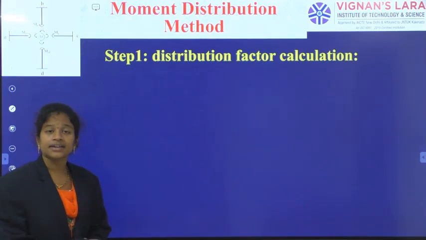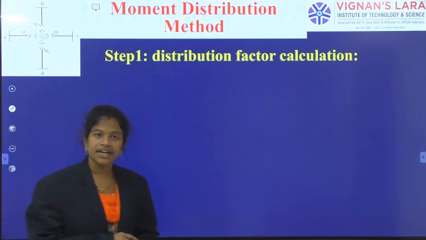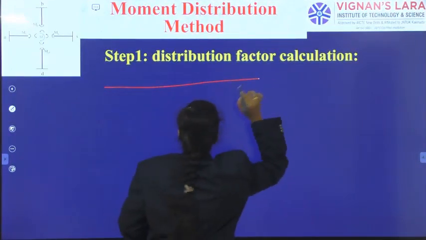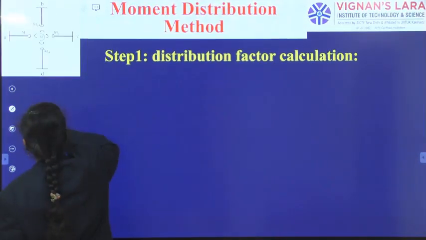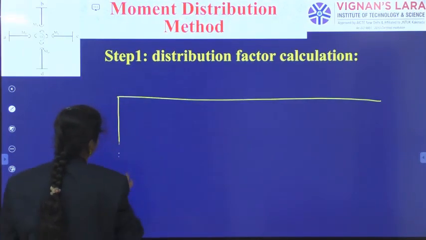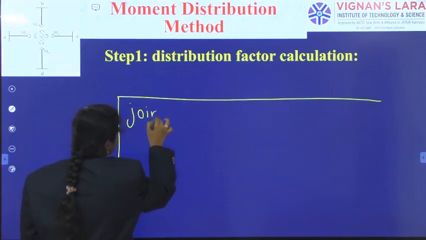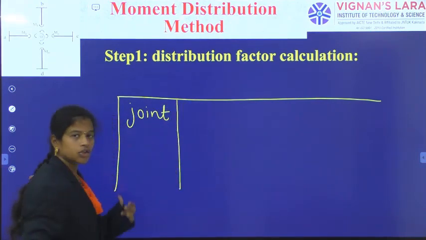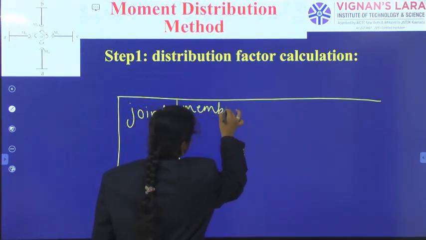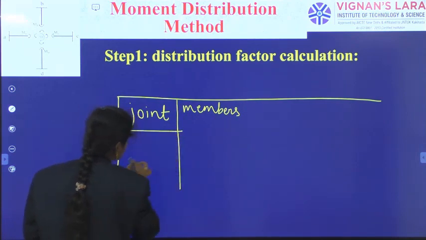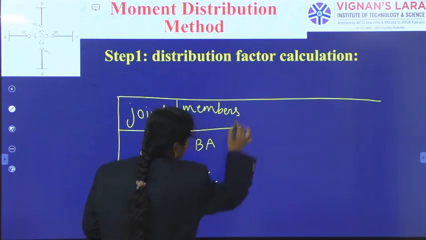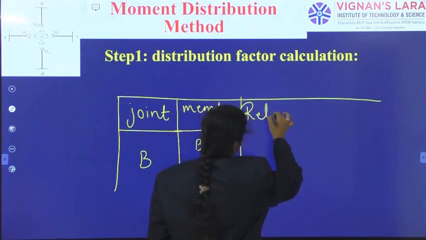So the distribution factor calculation, how will it happen? This will be done only for the joints, so we should develop a table. Okay, I am developing the table which is needed for us. The first column is the joint, whatever joint you are generating the distribution factors for. And then the next thing is members. What are the members connected? As I am going for the joint B, the corresponding members are BA and BC. And the relative stiffness